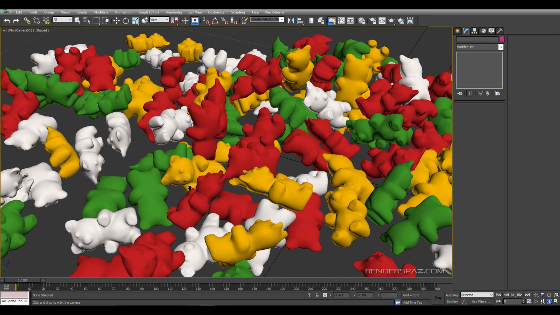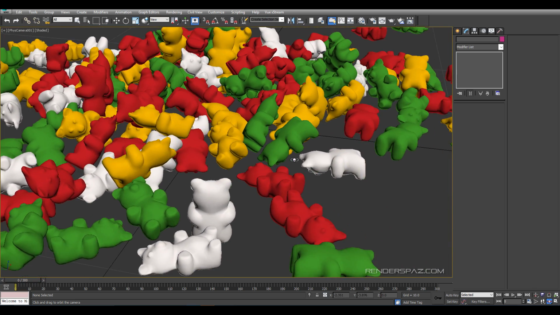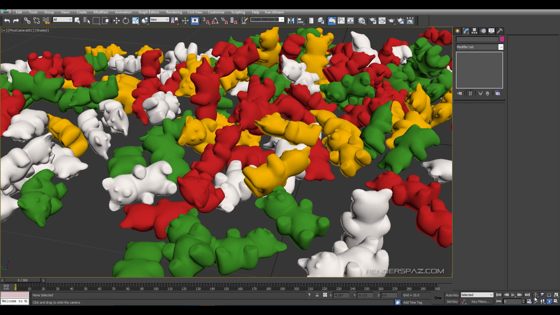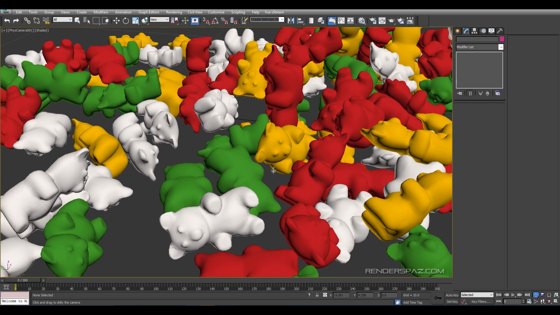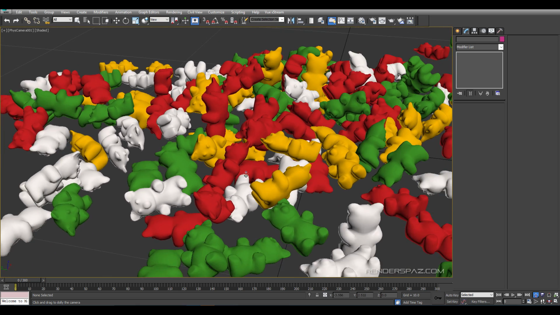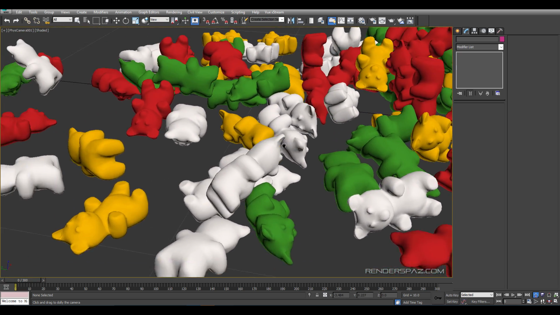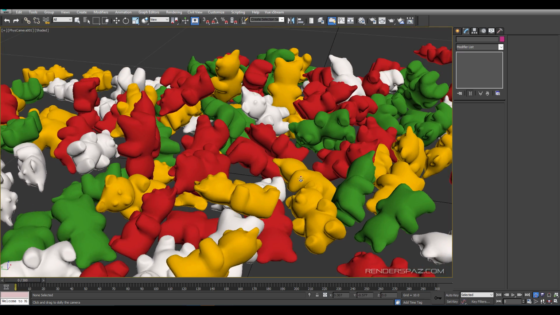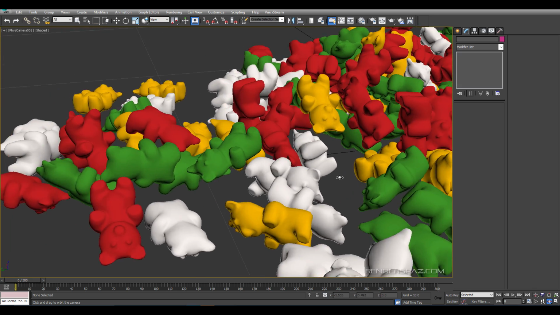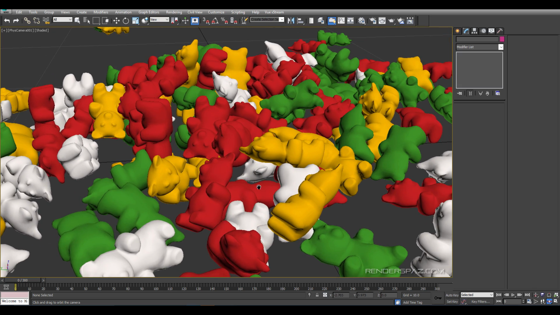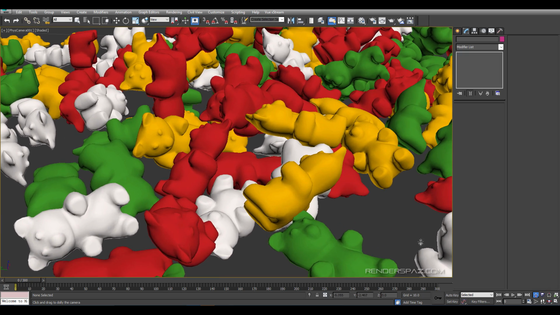So first, I'm just going to get another angle, maybe something that's a little bit more interesting. Got some more gaps in there. This bear sitting up, right? Everyone else is just laying down, and he's just kind of watching everybody. Let's try to find something with a little bit more of a focus. I'm going to keep